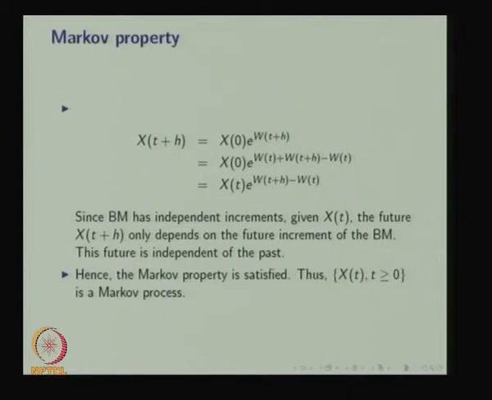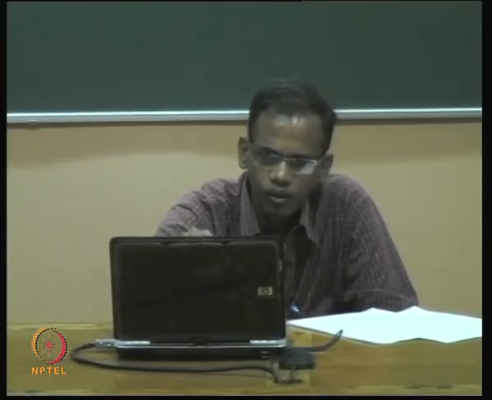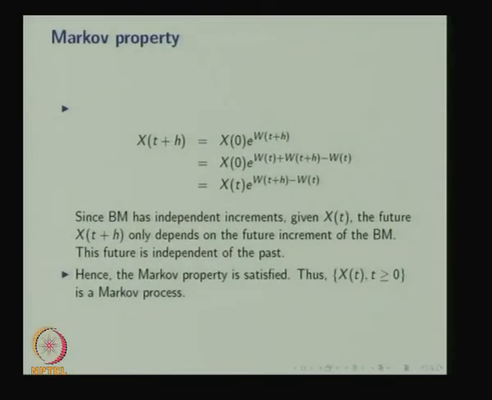Hence, the Markov property is satisfied because the future depends only on the present, not the past. Therefore, the Markov property is satisfied. Hence, X_t is a Markov process. This result is valid for all h greater than 0. Therefore, the Markov property is satisfied in the sense that the future depends only on the present, not on the past,